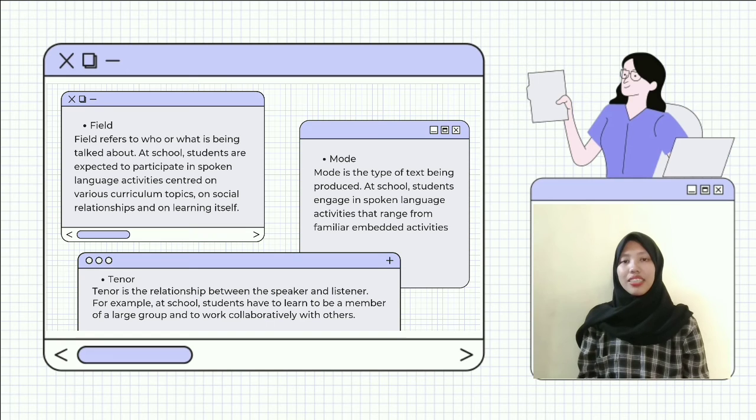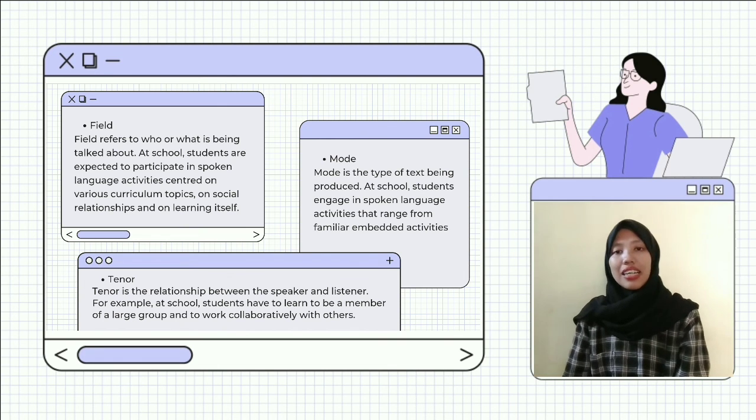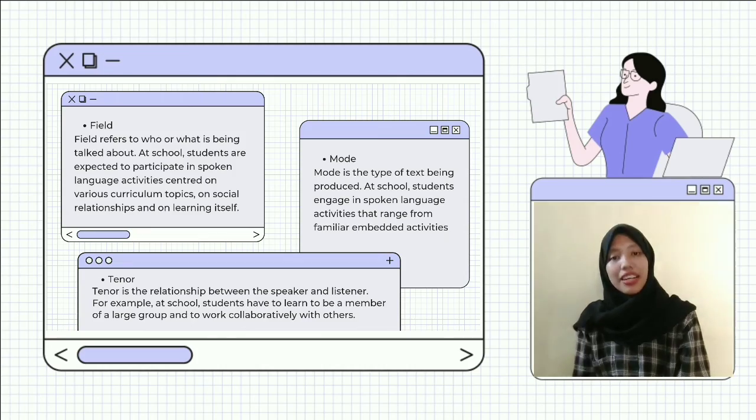The second is tenor. Tenor is the relationship between speaker and listener. For example, at school, students have to learn to be a member of a large group and to work collaboratively with others. The last, mode. Mode is the type of text being produced. For example, at school, students engage in spoken language activities that range from familiar embedded activities